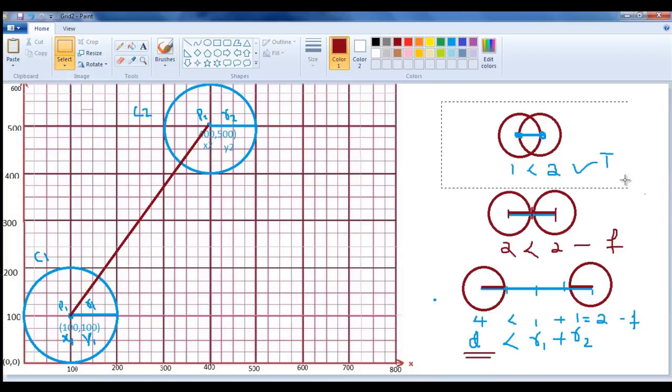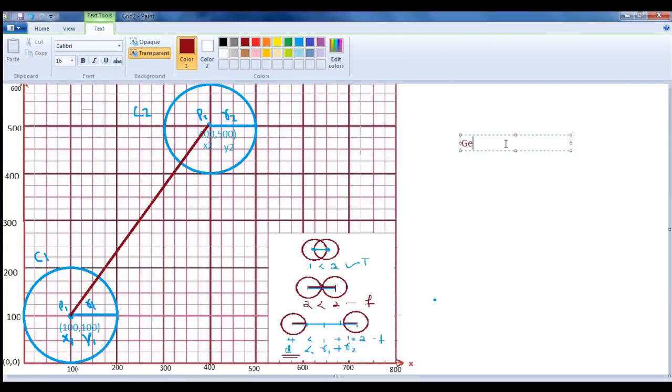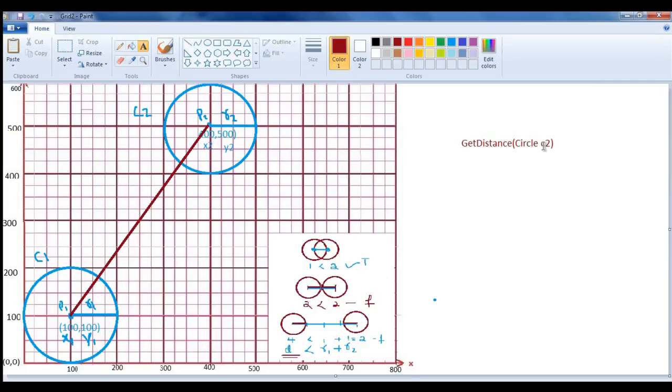Let us make a small change, I just keep it here. Now we find out the distance. How do we find the distance? Of course, to find out the distance, I need 2 points. So we need circle 1 and circle 2, right? So I can create one function called get distance, right guys? The get distance function takes another circle, let us take C2. This C2 is going to have x, y and radius, and our current circle is going to have x, y and radius. So we can find out the distance between them.